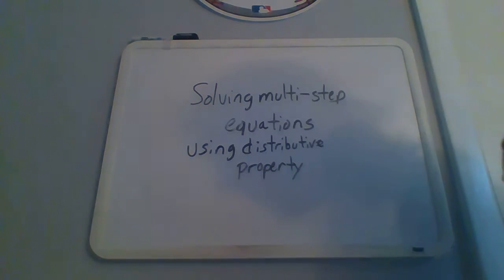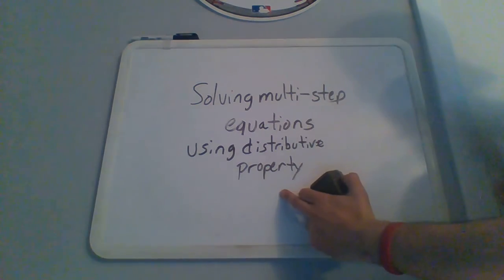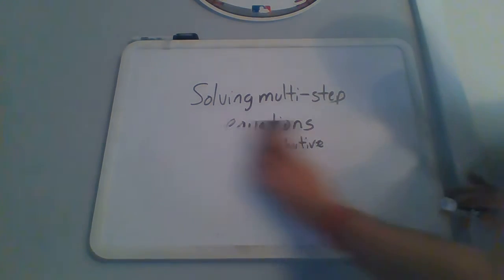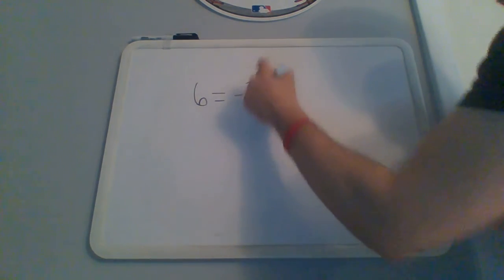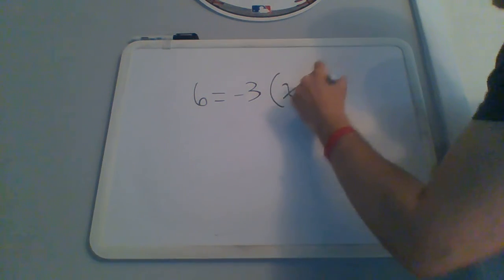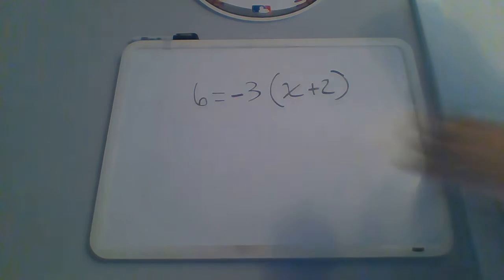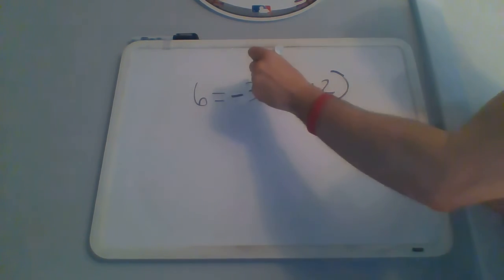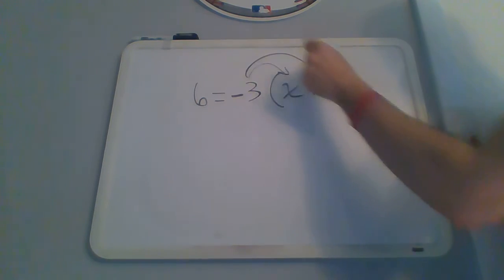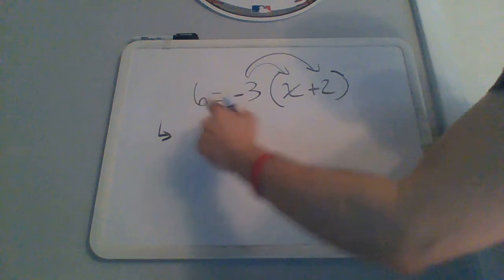So we're going to learn how to solve multi-step equations using the distributive property. So our first equation, 6 equals negative 3, and then in parentheses we have x plus 2. Now the first step is to multiply anything that is right outside the parentheses by everything that is in the parentheses. So if I rewrite my equation, I have 6 equals